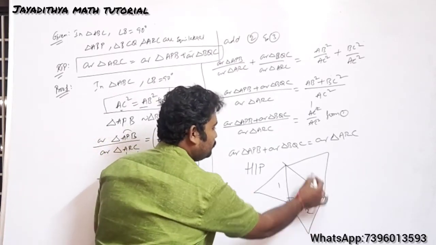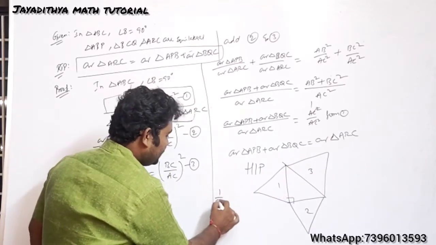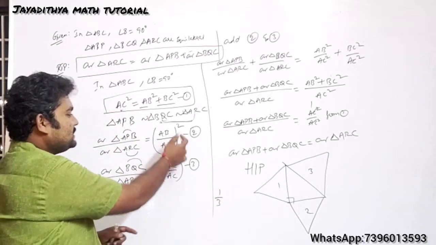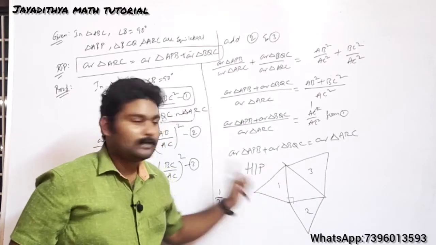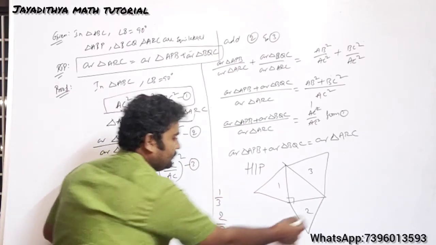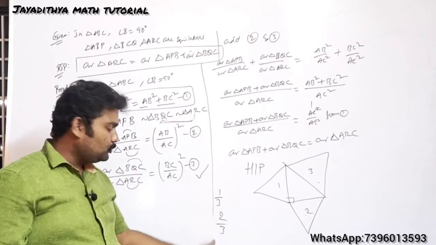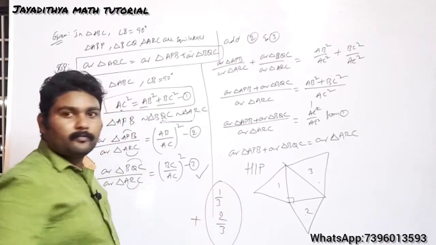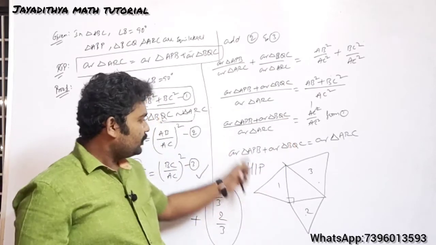So take the ratios as, first of all mark these triangles for your clear understanding. Let us take this as 1, 2, 3. Okay, first you take the ratio of areas of 1 and 3. So first you take the ratio like this, 1 by 3. This triangle by this triangle, and take the corresponding sides as AB and AC. Whatever corresponding sides you are taking, that should be in the original triangle. Okay, be cautious there. And next you take the ratio of 2 by 3. So you'll get this one. So the ratio of areas of 2 by 3 you take like this. Then simply you add these two. If you add these two, then after simplification you'll get the proof.